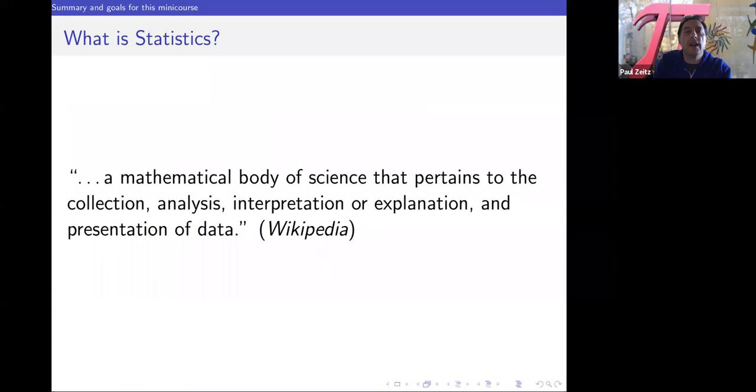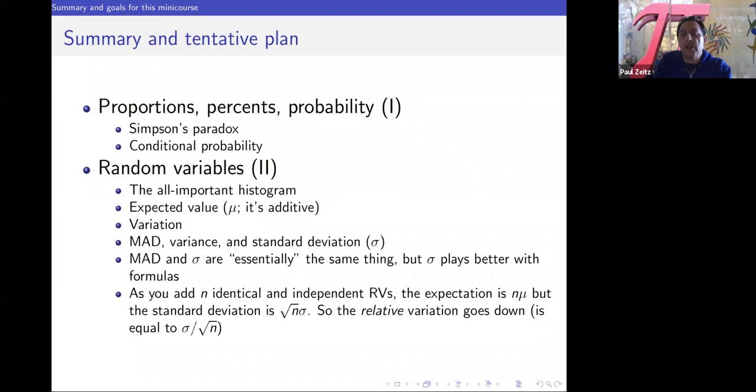Oh, all right. And so in our first session, we went over percentages and talked about the meaning of probability, and we looked at some notions to try to understand just simple proportions and probability, just to get comfortable with sort of numerical reasoning. And we were able to do some interesting paradoxes, including Simpson's paradox, and how to think about conditional probability. And then in the second session, we introduced the idea of random variables, variation, mean value, expected value, and how you measure variation with standard deviation and other quantities.